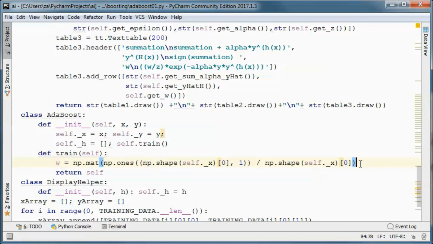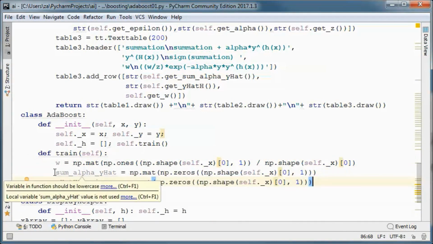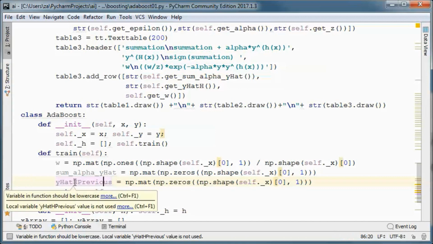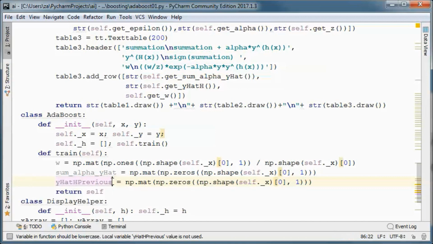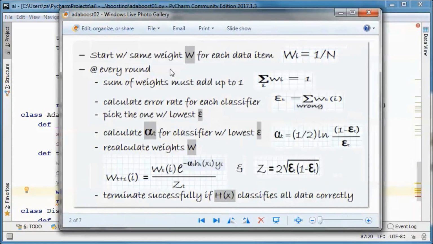And we will have 2 matrices for the sum of alpha y hat and for y hat previous of the overall classifier. And while true, we will implement this logic.